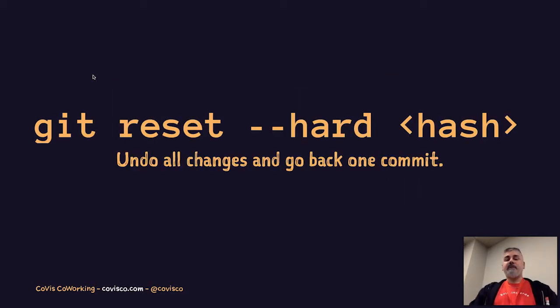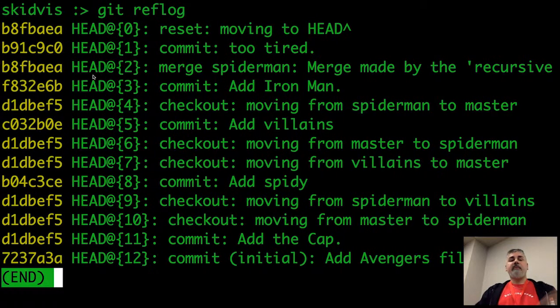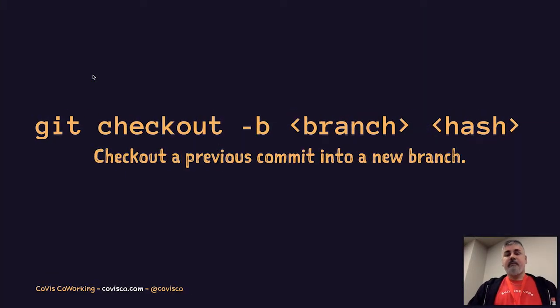The beauty of it is you can go back based on the hash. You can go back anywhere. So remember I said you can do HEAD. If you do git reset HEAD right now, it'll take you to HEAD 0. If you do 1 caret, it takes you to HEAD 1. 2 carets, HEAD 2. But what if you wanted to go to 12? That's a lot of carets. So you can instead use the 7 digits at the beginning there and go back to that particular commit. Undo all your work. I'm not going to do that.